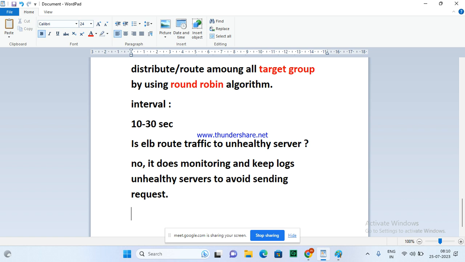So that means auto scaling is also caring about that, and ELB is also caring about that. They are both monitoring because they don't want the request to go to an unhealthy machine. Unhealthy machine means one which is not working. Suddenly the machine is not working, it's not responding. So how does the ELB know that? ELB is also doing monitoring. Auto scaling is also doing monitoring.